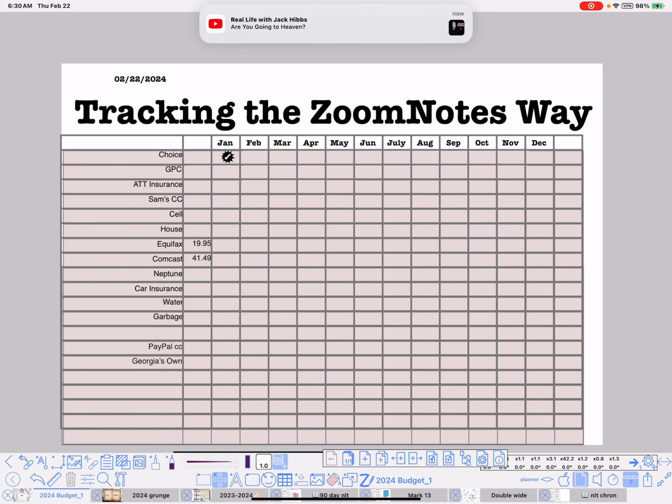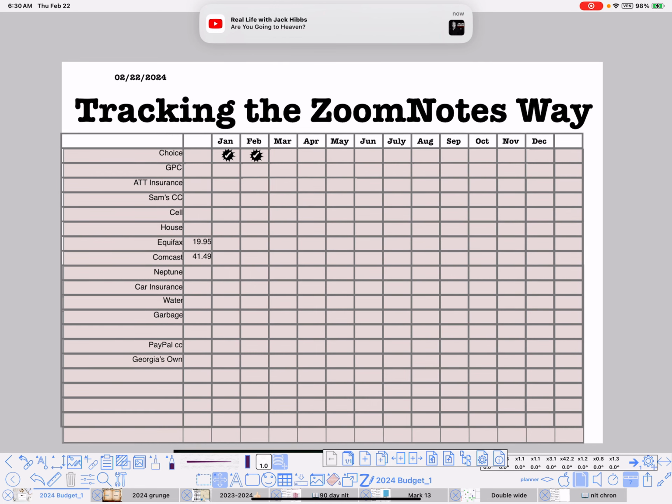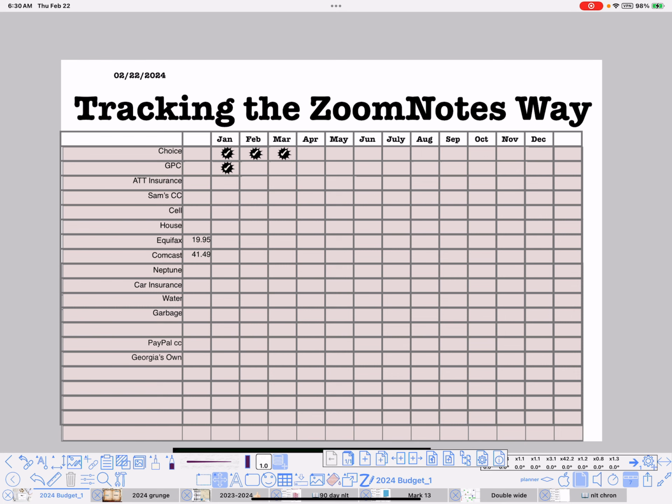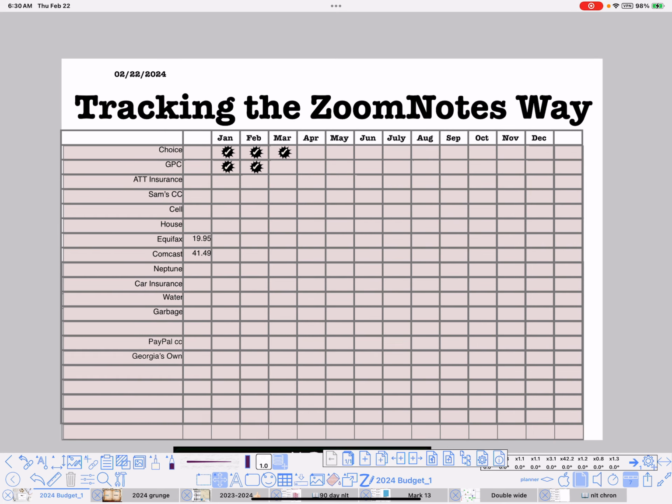See, just tap on the square. Oh, the GPC came in. Okay. Now, this is going to work for this. I probably will do a different one that I can actually put the actual amount it was,